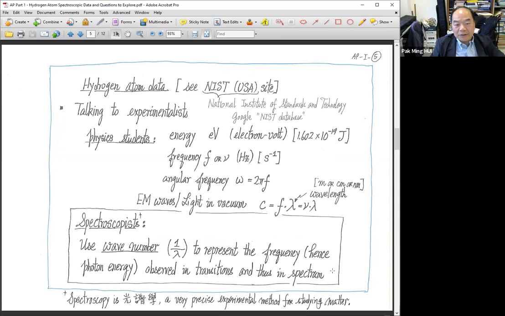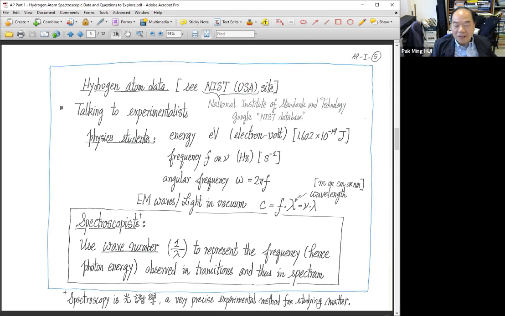In this aspect, I encourage you to look at the National Institute of Standards and Technology website in the US. This is the American standards bureau, the website of it. It hosts a constantly updating database for all atoms in the periodic table. What are the energy levels, the values? What are their separations? Okay, they keep changing when more accurate